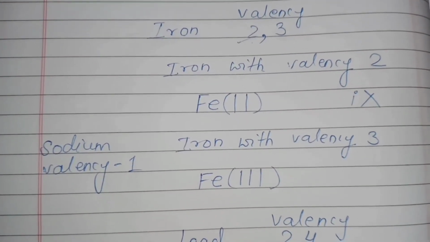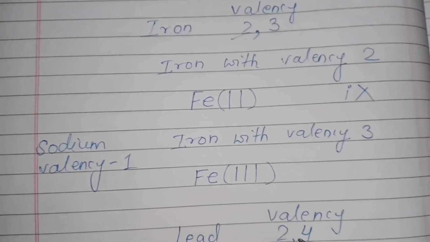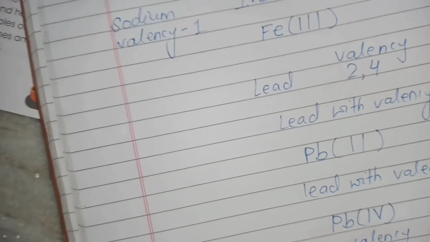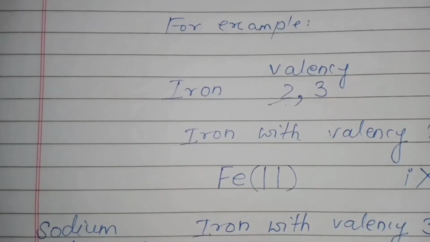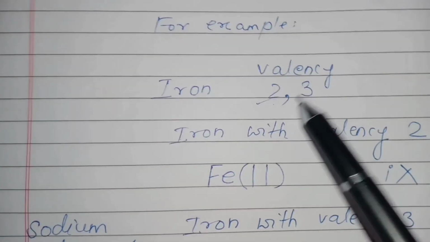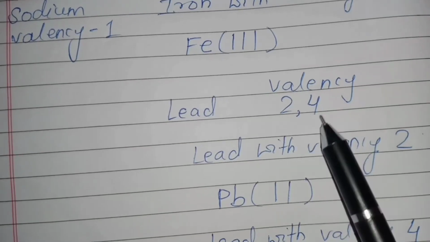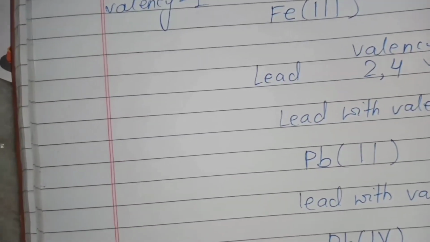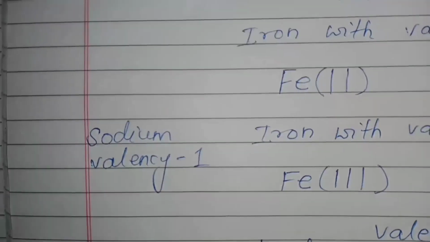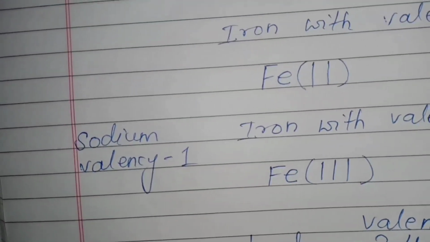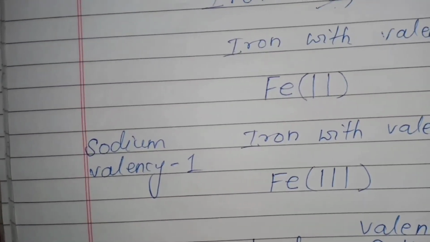In your book also there is a valency table. So I have taught you what valency is. Valency is the combining capacity of an atom of an element. And valency is always written as a whole number. You can see here that I have written valency in whole numbers only. So today I have taught you how to represent an element which has more than one valency.